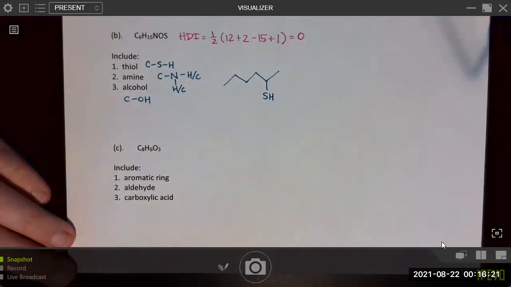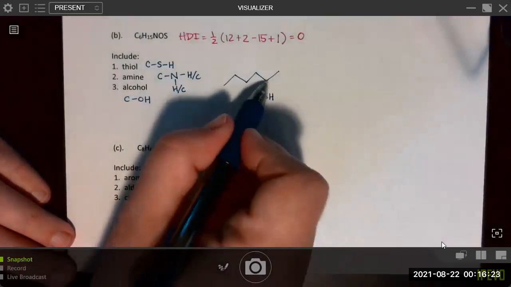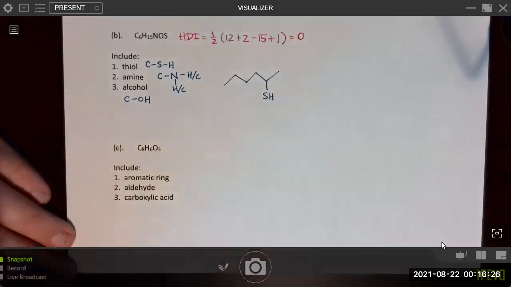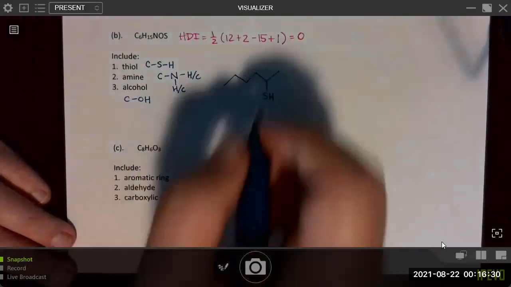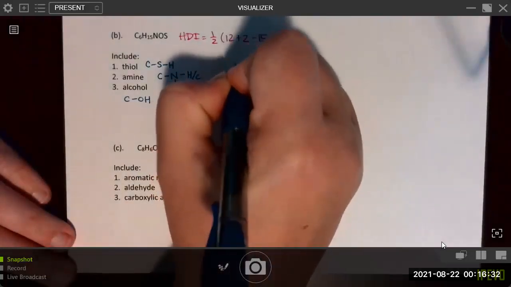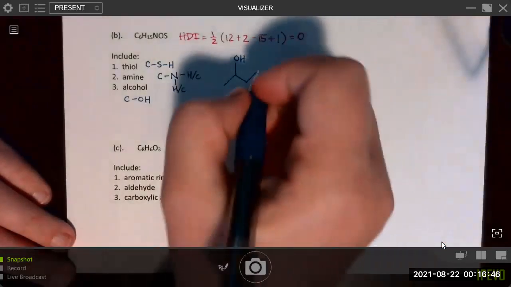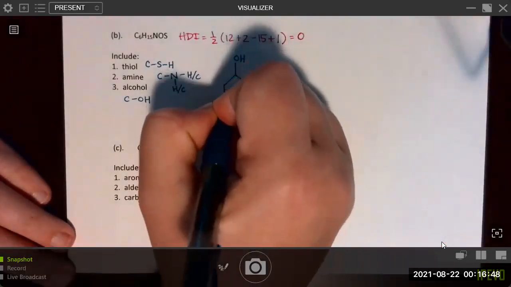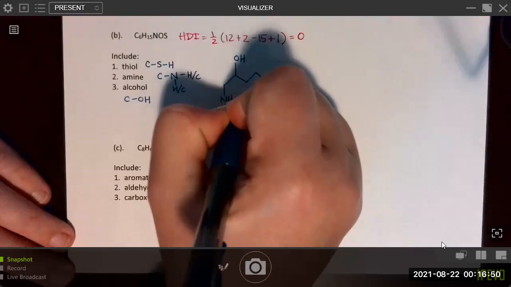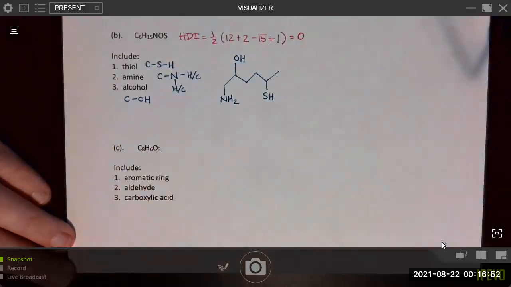On another carbon, just try not to make it the same carbon because you don't want to bunch up your functional groups. Likely they're not going to share the same carbon. So maybe somewhere else we'll put an alcohol. And then an amine, since I already used up all my 6 carbons, I would probably want to make an NH2 somewhere so I don't add any additional carbons. So perhaps anywhere, just put an NH2 here. So this is one possibility.